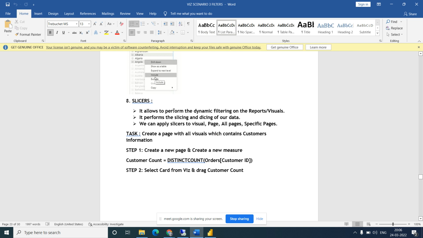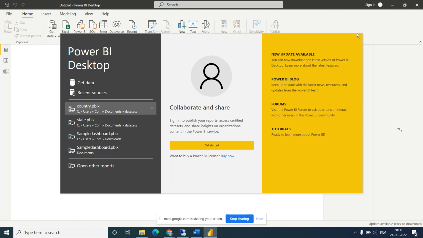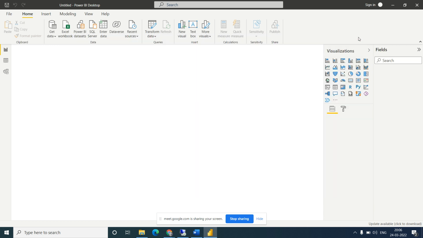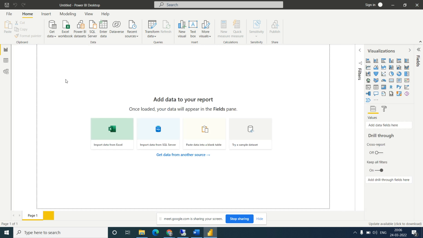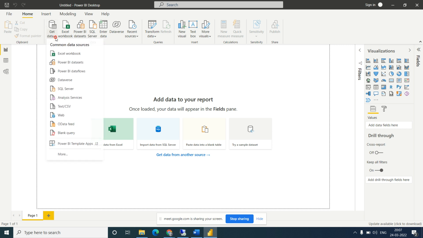Now Power BI has been started. Let's connect the file first. Ankita, how to connect to the file? Okay, click on Get Data, click on the text file.